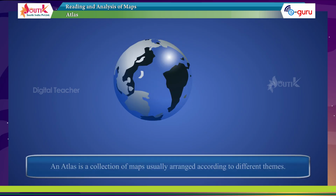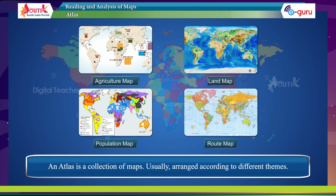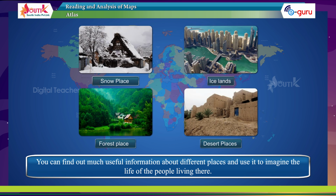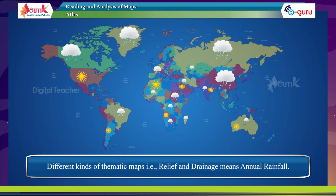Atlas. An atlas is a collection of maps usually arranged according to different themes. You can find out much useful information about different places and use it to imagine the life of the people living there. Different kinds of thematic maps, that is, relief and drainage, annual rainfall